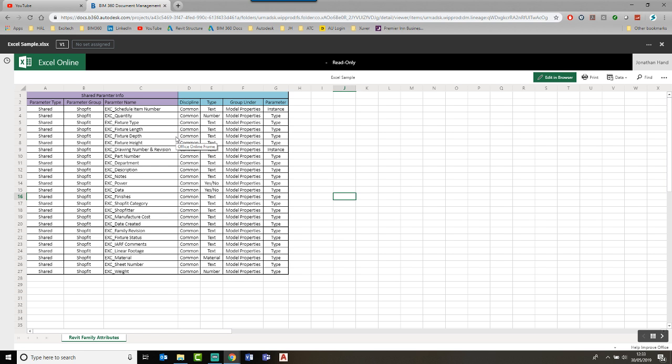And then you get access to here. So you can see here at the top we have version 1 and the set-up is pretty standard stuff. We've got our close button and then we have our share and download source file. So I can see here that I can review the file. I can click into each individual cell, but you'll see at the top it's currently in read-only mode. So if I want to start editing, I simply click Edit in Browser,